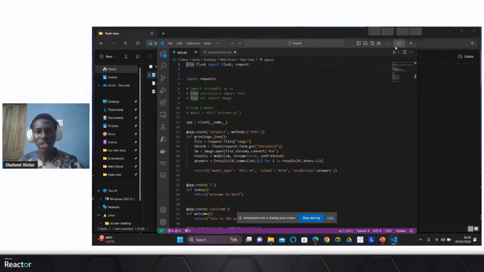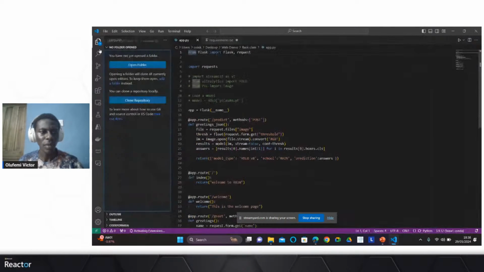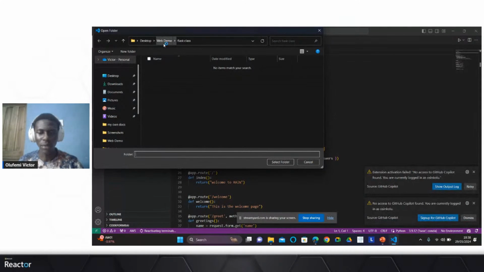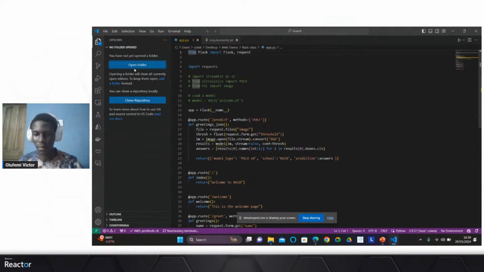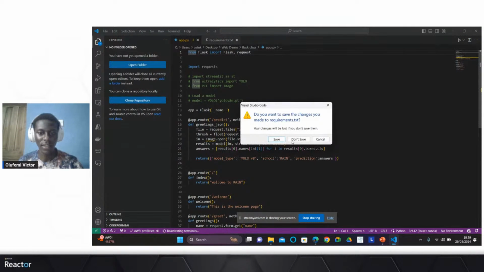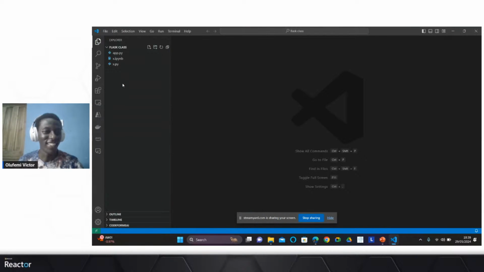Each and every one of these notebooks and resources will be made available, both here in the chat, and I will also send in the resource links. So I'm going to open the entire folder.